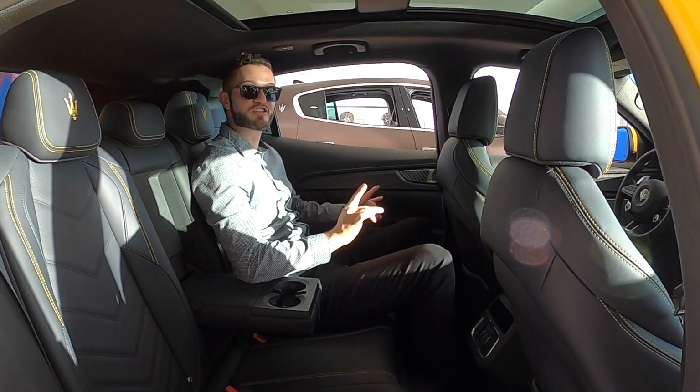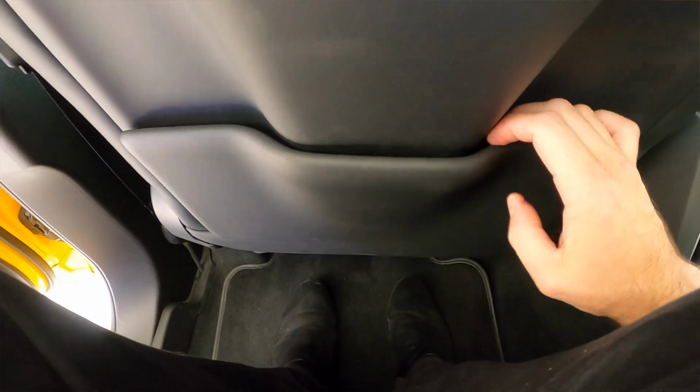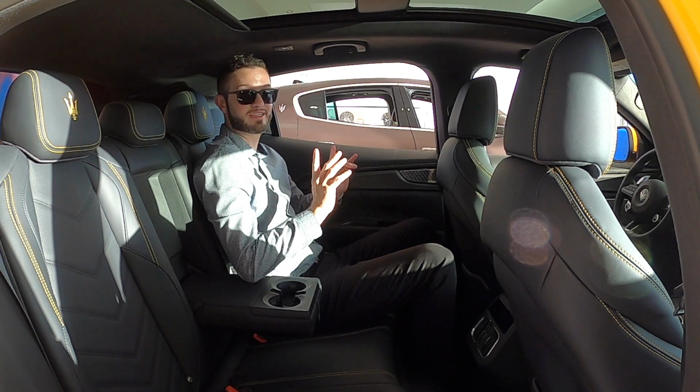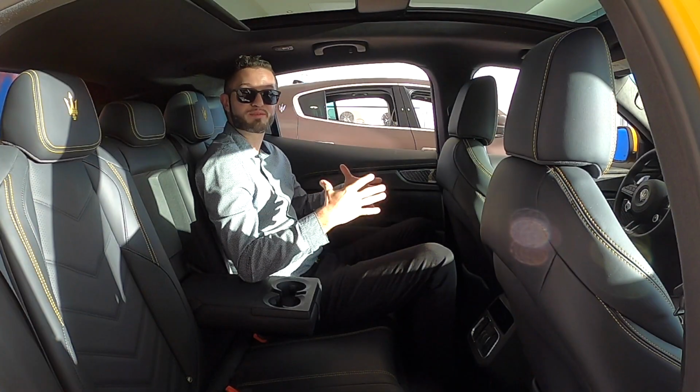For the back seat, because of the generous wheelbase and length, headspace, absolutely no problem, nor is leg space, and I'm 6'3" with my dimensions. I can assume 3 of me can fit. What I do like is, again, paying attention to detail. The seat belts, the way they are on the side, it just looks more sporty derived,